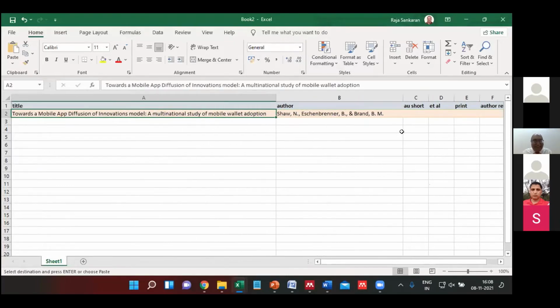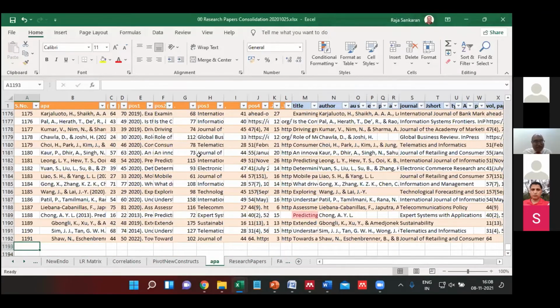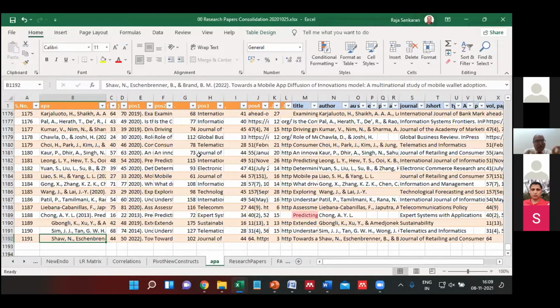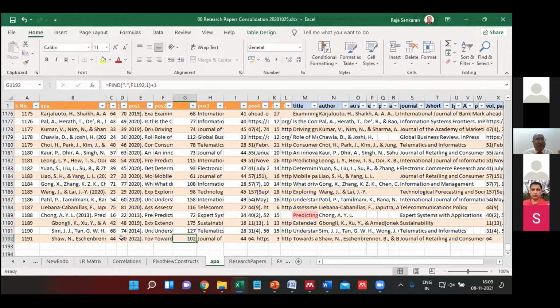No, this I customized in Excel. I've customized it. Mine is a very exhaustive one. The only thing I have done is I've pasted this in an APA format, and then I have my own formulas. You see here, all this. These are Excel formulas, the way that I have created this, and then I extract specific information based upon what I need.